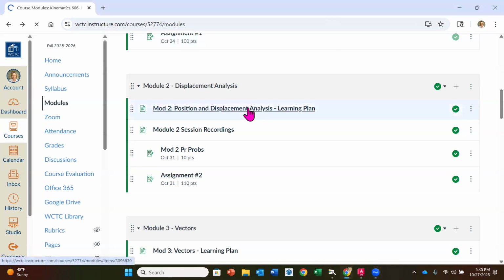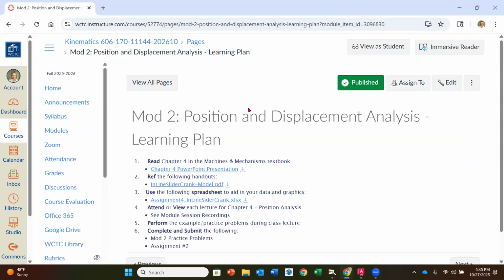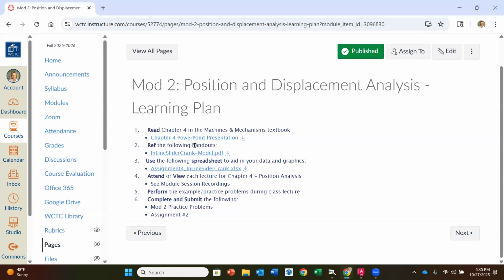So if we look at the learning plan here for module 2, you're going to notice that we are going to be working out of chapter 4. Okay. We will go back and we will look at chapter 3. But for right now, the sequence just seemed to make sense to go from chapter 1 to chapter 4 for just reasons. I just think it's sequenced better. And then you're going to notice there's a couple other resources here, which we will be looking at the next